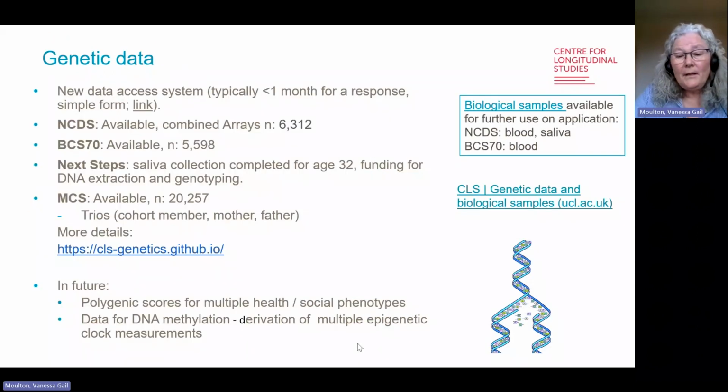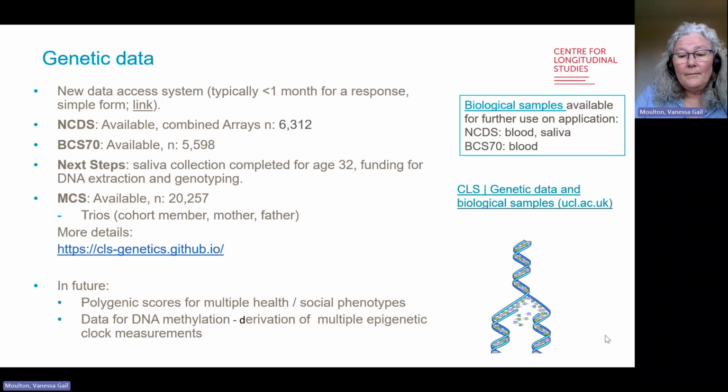We also have genetic data currently available in the NCDS, well over 6,000 participants with genetic data. Just recently, over 5,500 have been made available for the BCS70, and for the MCS, over 20,000 of either the cohort member, the biological mother, or the biological father. For next steps, saliva data has been collected, and there is funding in place for DNA extraction and genotyping. And more details about the genetic data can be found at CLS